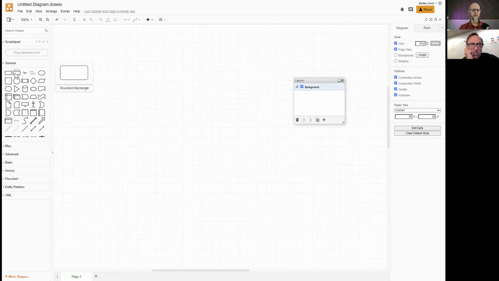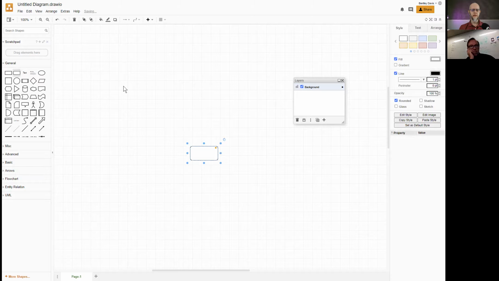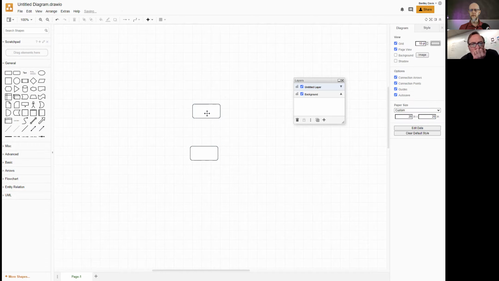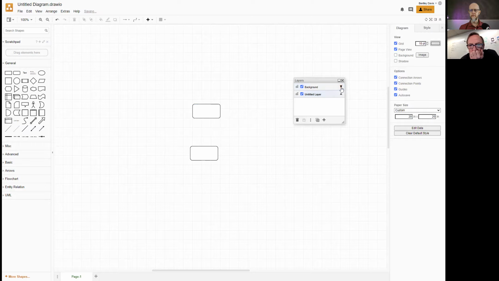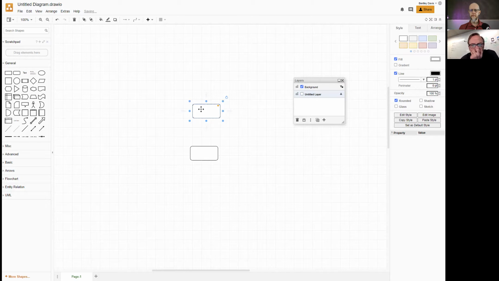Anyway, if we take that and then add a layer, I haven't played with this enough to know how to move things between layers. This might be the start of something.